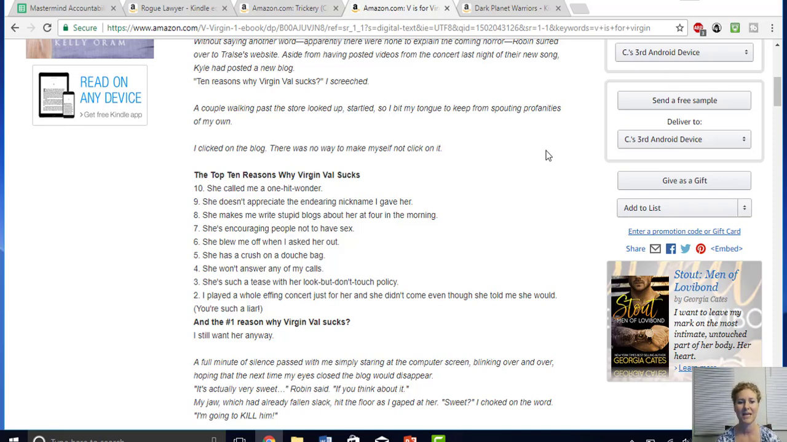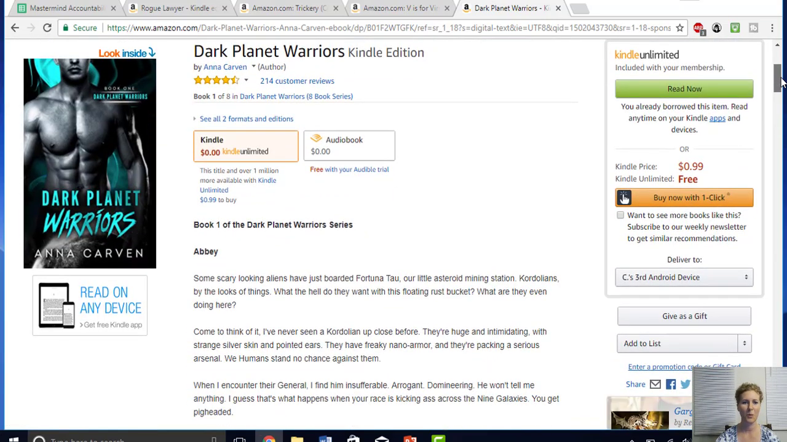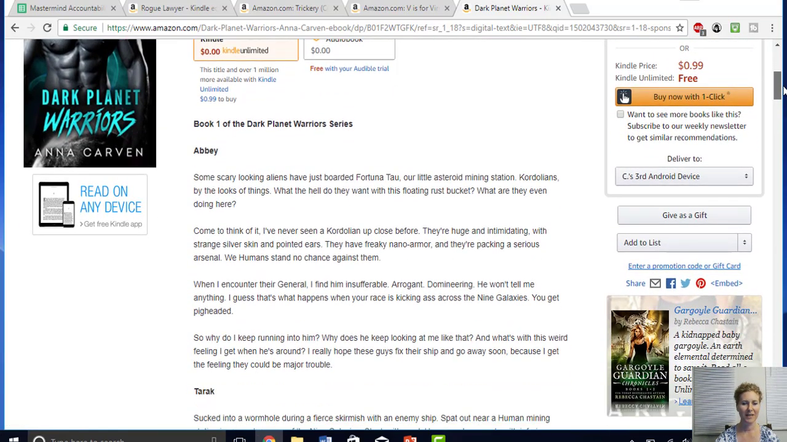But make sure that it has enough of the elements that you need to introduce your protagonist, to introduce the main conflict, and to introduce that main want or need that your protagonist has. And then obviously not putting something up there that gives like the whole book away, because that would not be a great idea. Okay, so this next one, this is Dark Planet, Book 1, Anna Carvin, and I really like